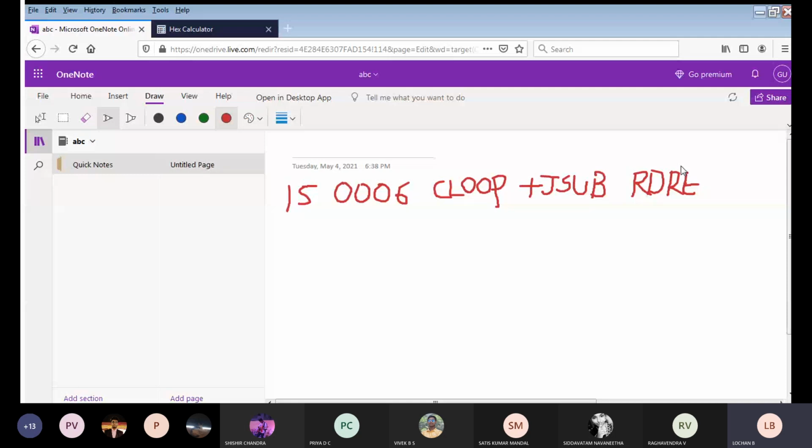In yesterday's class, I taught you how to calculate the object code with respect to format 3. Today we will be discussing format 4. I told you that wherever the symbol plus arises, that is format 4. First you should know the opcode for your JSUB. I'll open the textbook and we will see the value for JSUB.